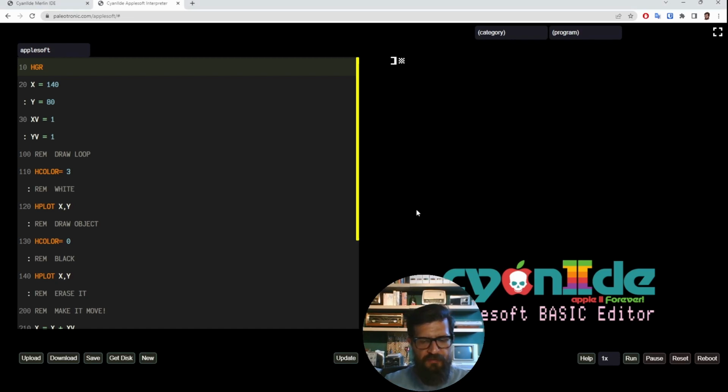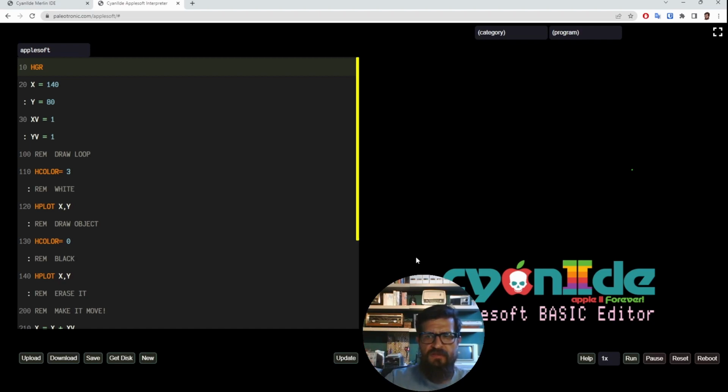This example, let me run it first before I explain what it does. So you might be able to see it's kind of flickering, that there is a dot that is moving around the high resolution screen. I'll try to show you. It's here, it's there. So this dot is basically moving around the screen, and every time it hits one of the corners of